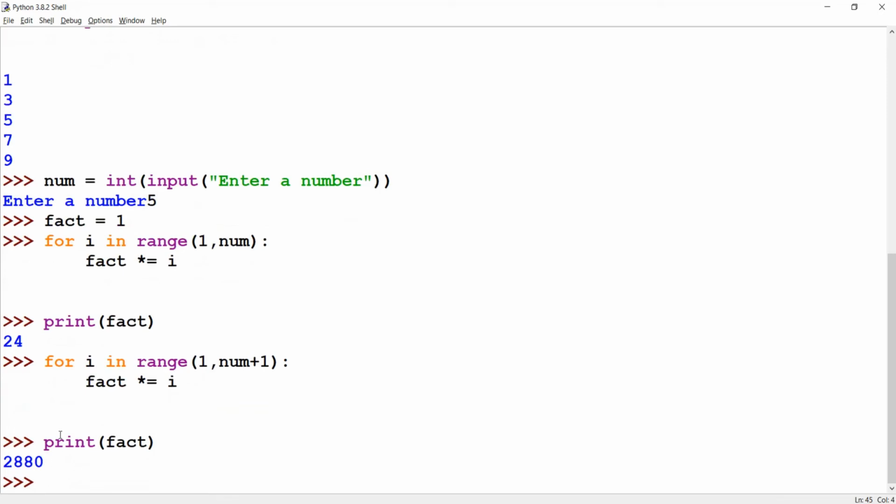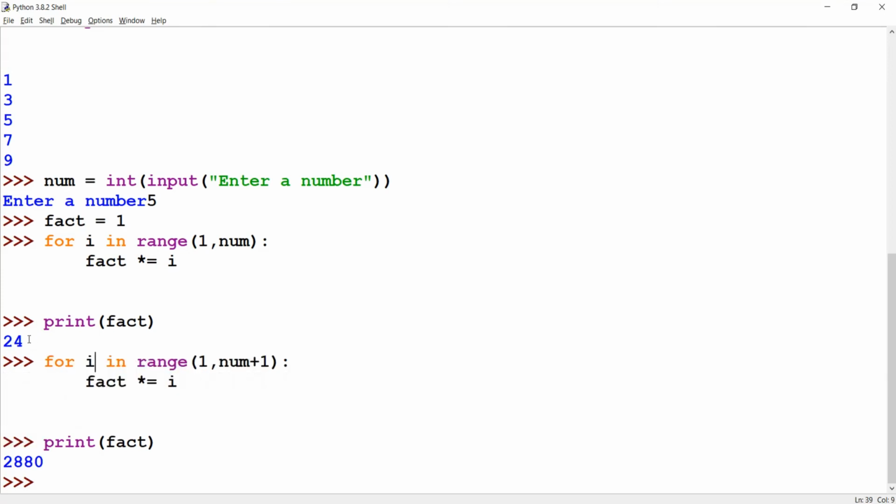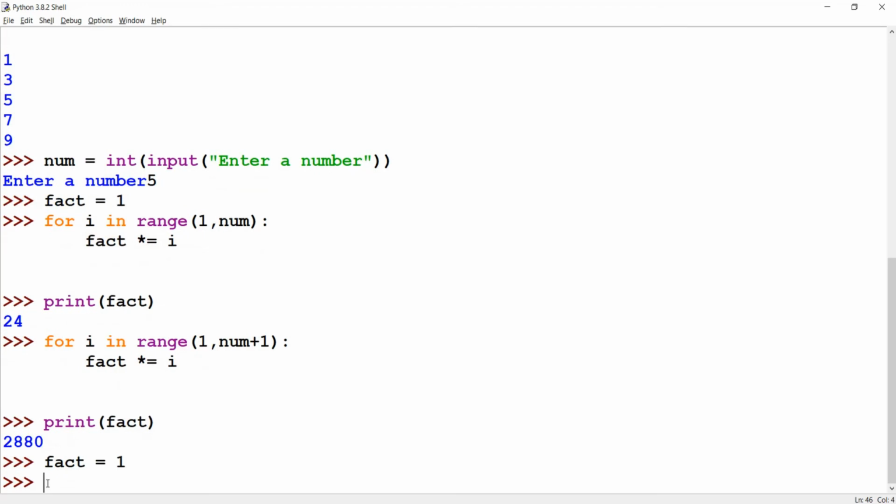Okay, now what is the issue? We have the value 24 in factorial previously, and we are starting multiplying with that 24 instead of 1. So here is the issue. So I have to do fact is equal to 1, then for i in range of num plus 1.